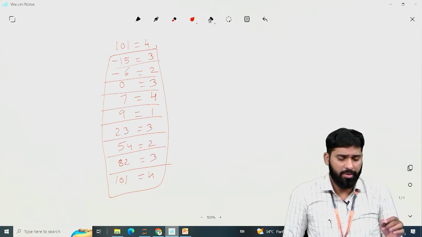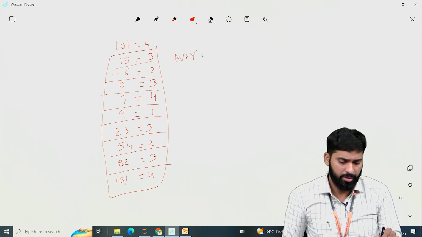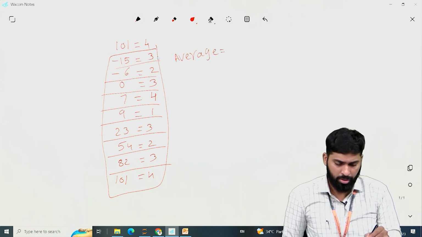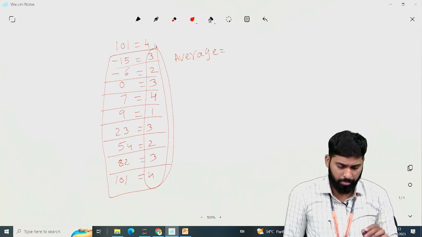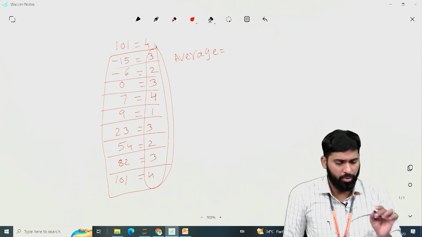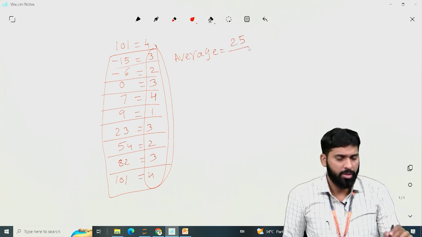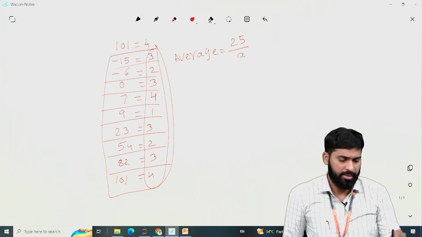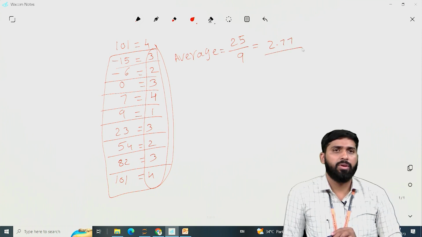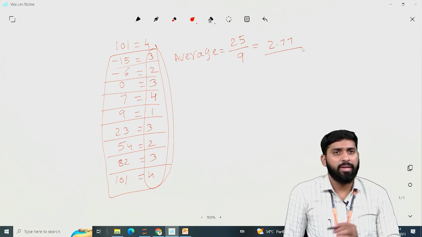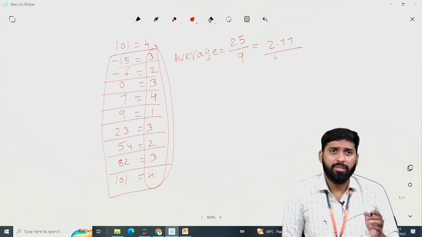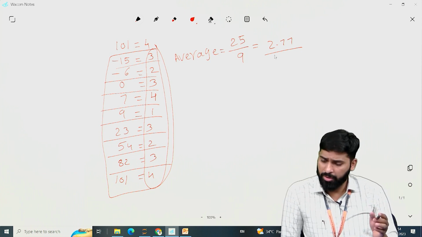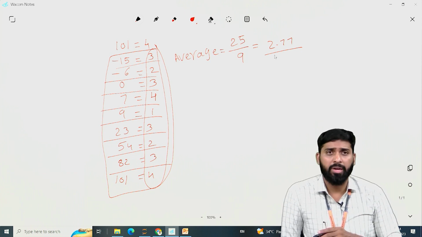Now, what is the average here? The average equals the total number of comparisons: 3 plus 2 plus 3 plus 4 plus 1 plus 3 plus 2 plus 3 plus 4, that is 25. How many elements? 9. So this equals 2.77. That means if there are 9 numbers, the average comparisons are 2.77, and there are 10 possible ways that an unsuccessful search may terminate depending upon the